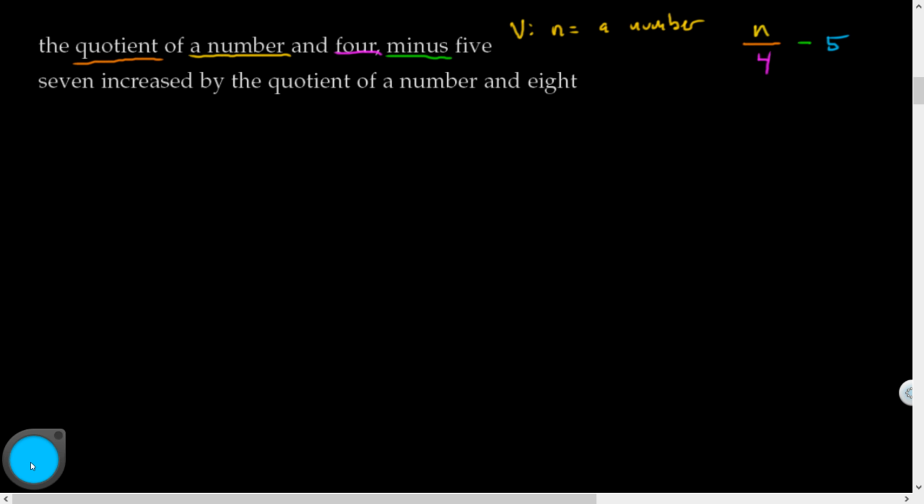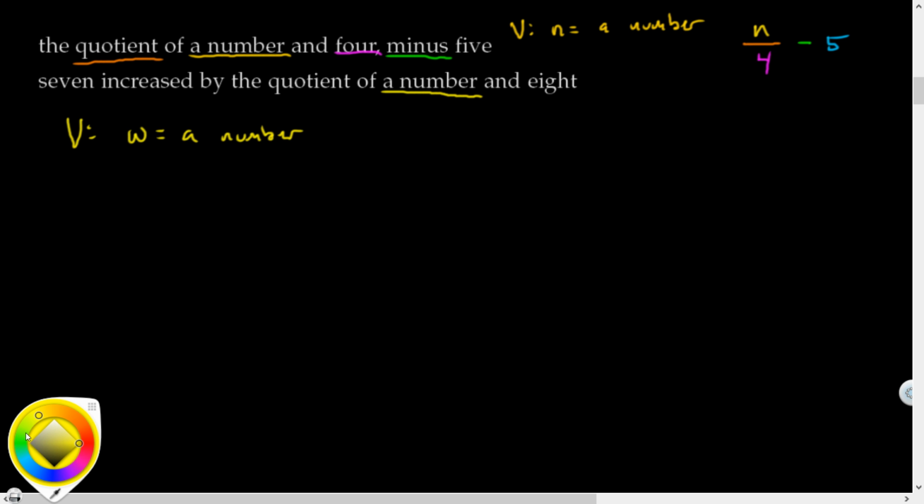Okay, let's look at this last little example here. The 7 increased by the quotient of a number and 8. So I'm going to define my variable first. I'm going to say W just because of Waddy. What's up? You could make up any variable name you want. So W is equal to a number. And let's start seeing if we can figure this out. So 7,